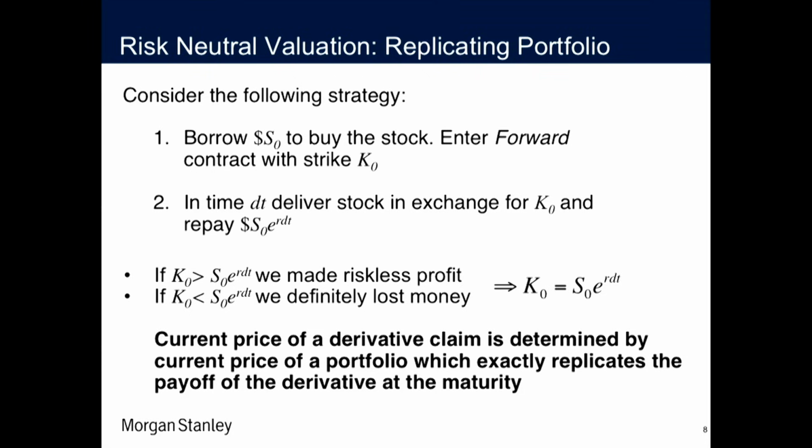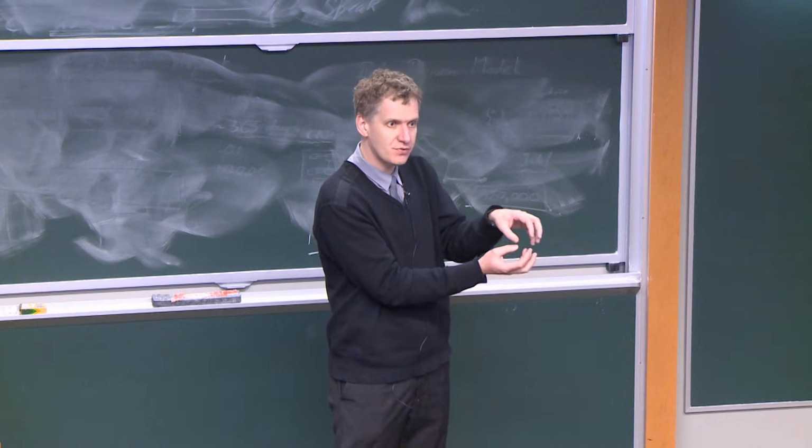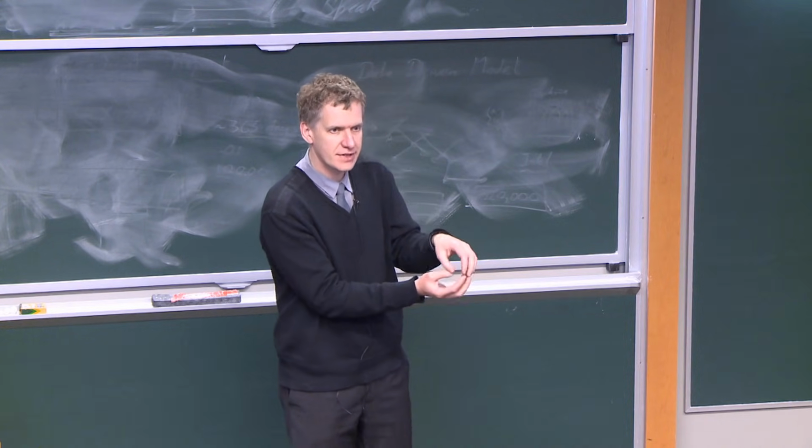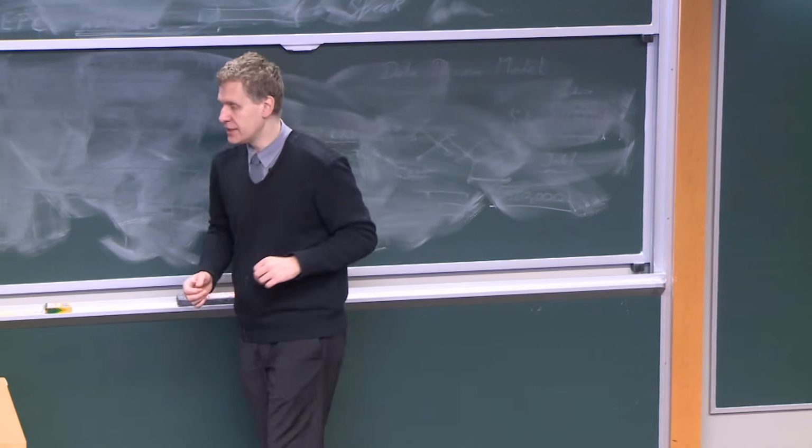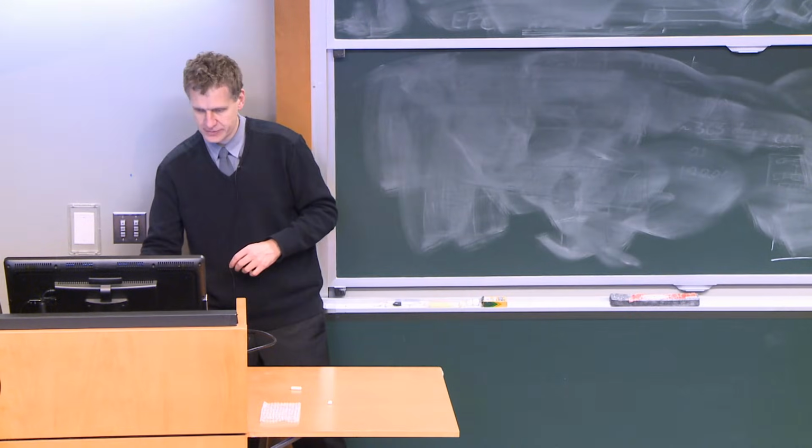And that's the general idea of risk-neutral pricing and replicating portfolios. What we will try to do in the rest of the class is take a payoff and try to find a replicating portfolio, maybe more complicated, maybe dynamic, such that at the end this replicating portfolio will be exactly our payoff, right? And what would it mean? Obviously, it would mean that the current price of the derivative should be the price of our replicating portfolio right now. And that's how risk-neutral pricing works.